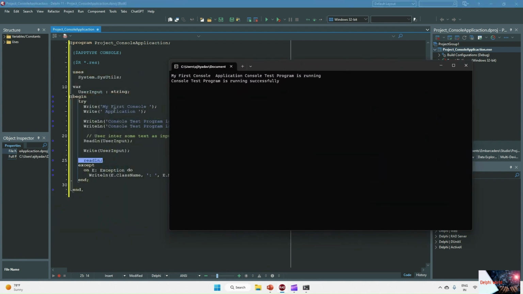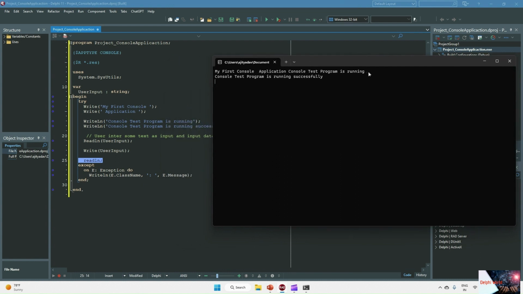So we can see here my first console application. It is printing in one line. After that it starts with the new WriteLn, so 'console test program is running', and again the WriteLn comes to the new line, 'console test program is running', successfully. Now here is the ReadLn. The user can input anything, and it will be stored here. So I'm writing the test